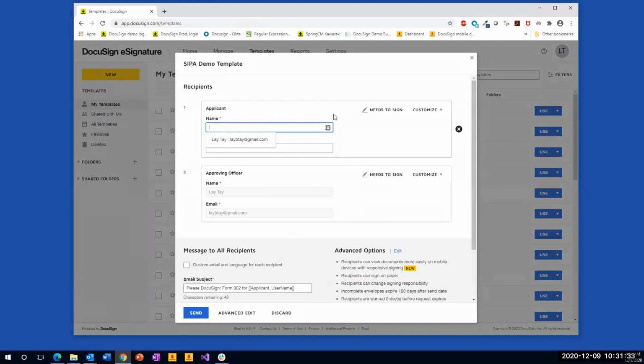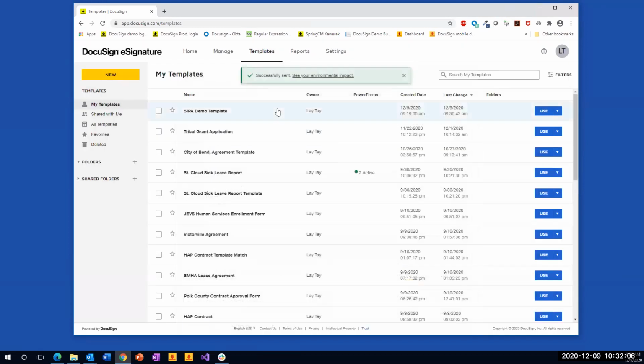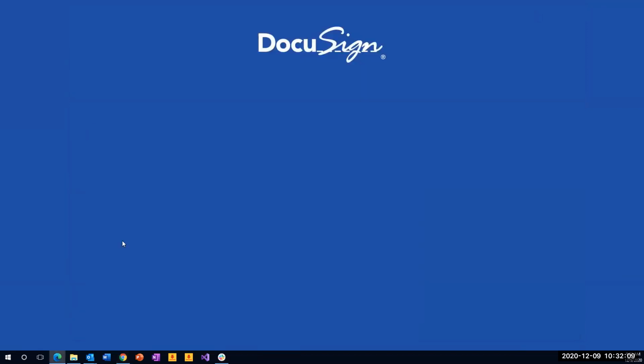Now, for those of you who are not familiar with DocuSign, this is how DocuSign works, right? DocuSign works by packaging documents you wish to send out into a data unit we call envelopes. So you would create an envelope out of the templates, and then you would send it off. And that is how the accounting for your DocuSign subscription works as well. You purchase a number of envelopes to send off, right? So in this case, I'm going to say, all right, the person who is going to be filling in the form goes by the name Jenny. I'm going to put in her name and her email. And now all I have to do is click send, and Jenny will receive an envelope with the form in it.